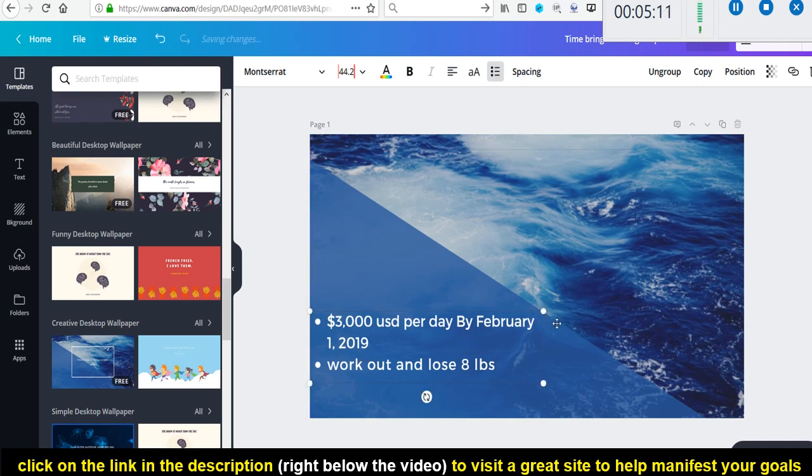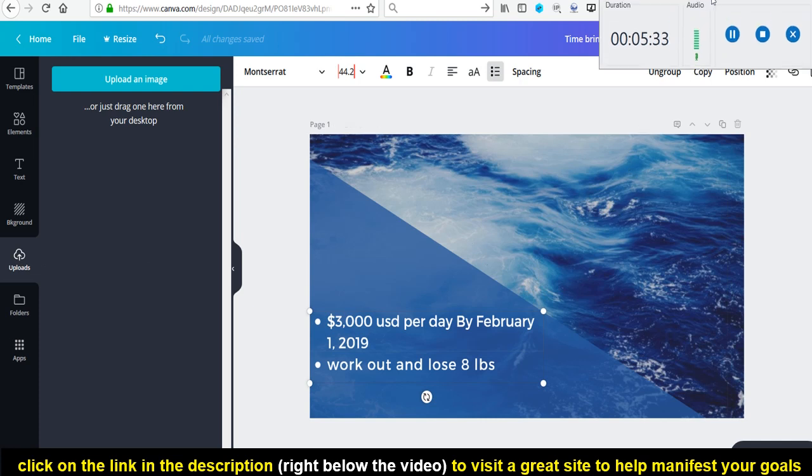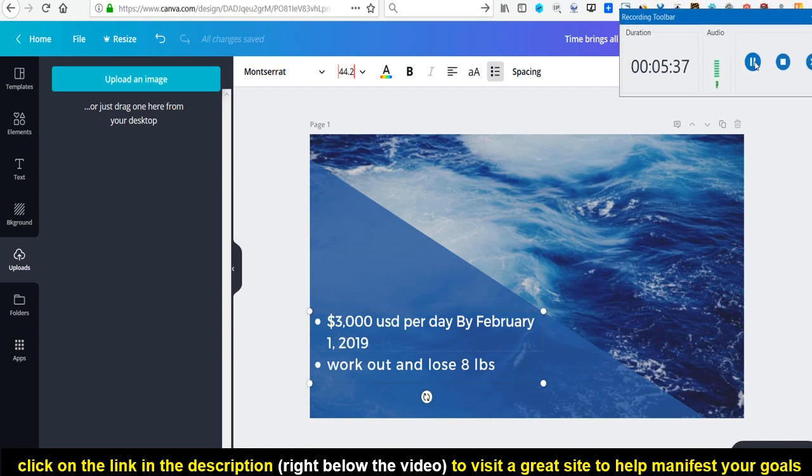And then from there we can probably, I wonder if we can add images to this one. Okay, so if you want to actually start making it, this is what I would consider a digital vision board, I guess it's just a vision board, but I also write goals in it, which is part of a vision board, I guess. So you click on upload. If you want, you can start uploading pictures, but what I would do, which is quicker, is just go to Google and start getting the images you want.